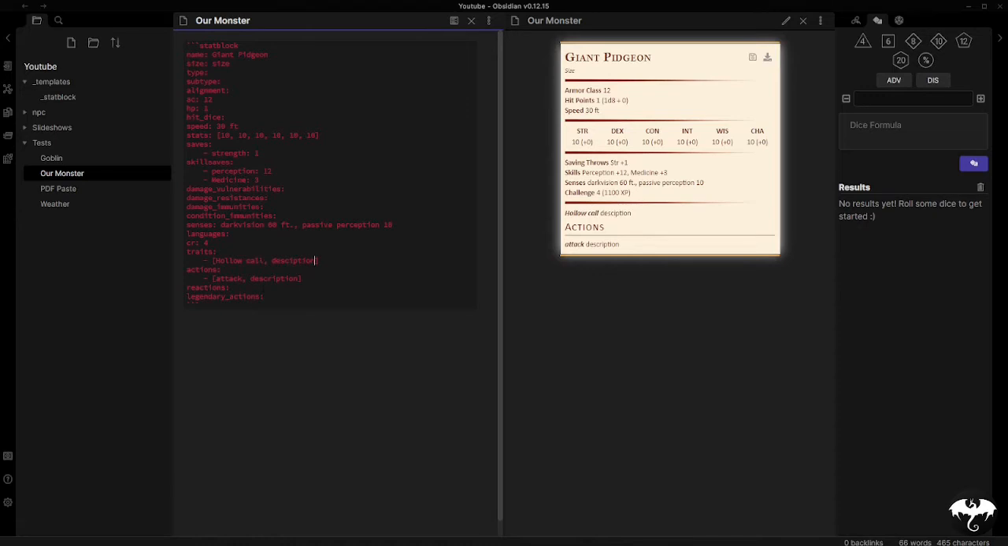And put a comma, and we can then describe what it is after that. With attacks, it's exactly the same. You can do a beak, and let's say it's +2 and 5 damage. Whatever you put in there, it's going to appear in it, and you can put these stat blocks then in your